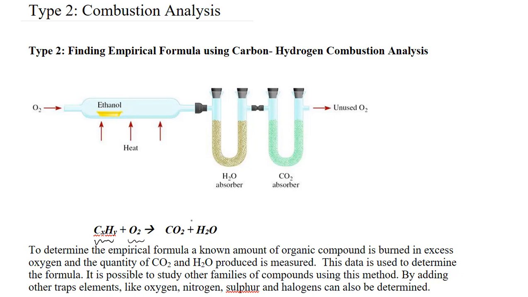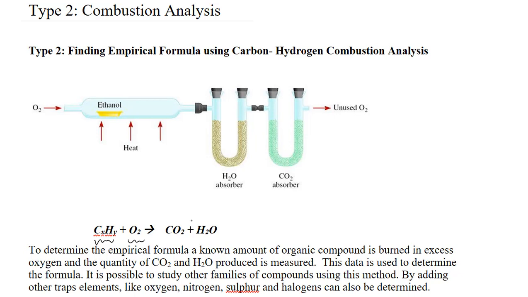So we'll use this to find the empirical formula of organic compounds that contain carbon and hydrogen. We'll also have other information where we can determine the empirical formula when there's oxygen in a compound or other elements like nitrogen or sulfur or halogens. The most basic type is one where you have carbon and hydrogen. And in order to be able to do these problems, you need to be confident with solving empirical formulas from mass data or from percentage by mass data, because some of the math that we do is learned from that